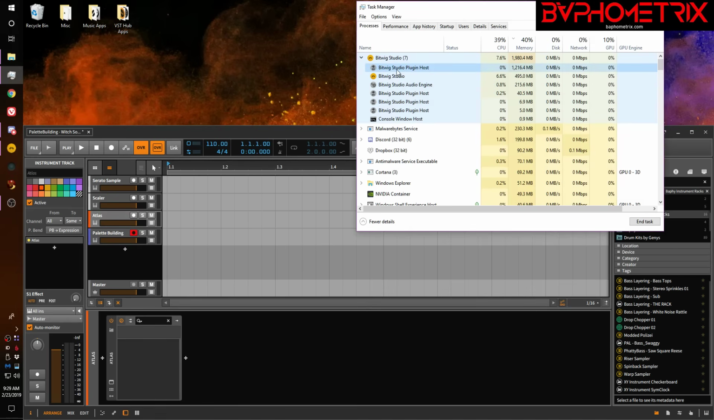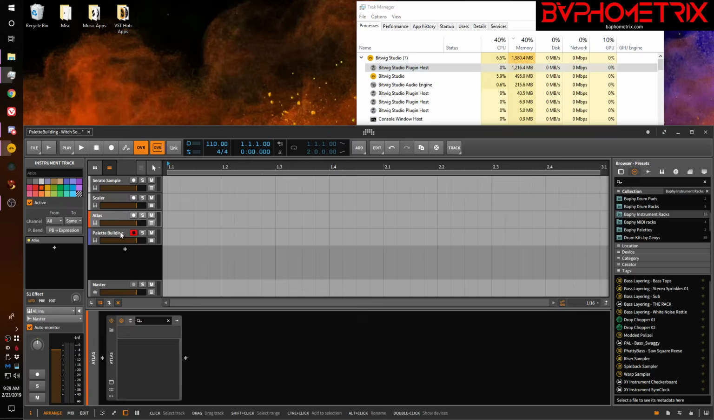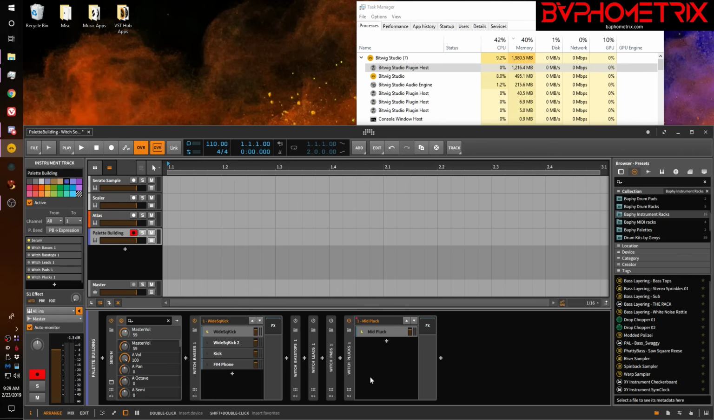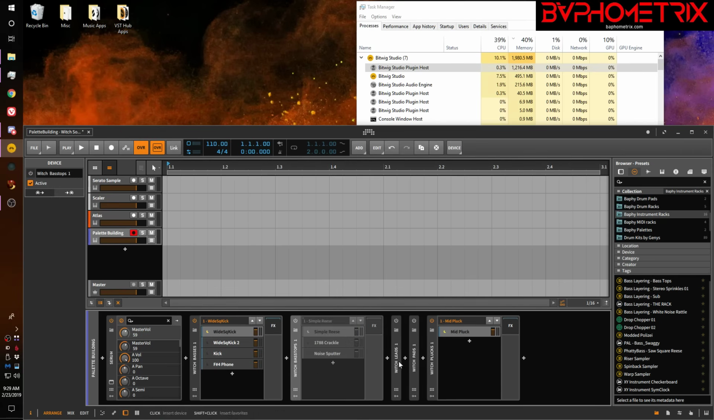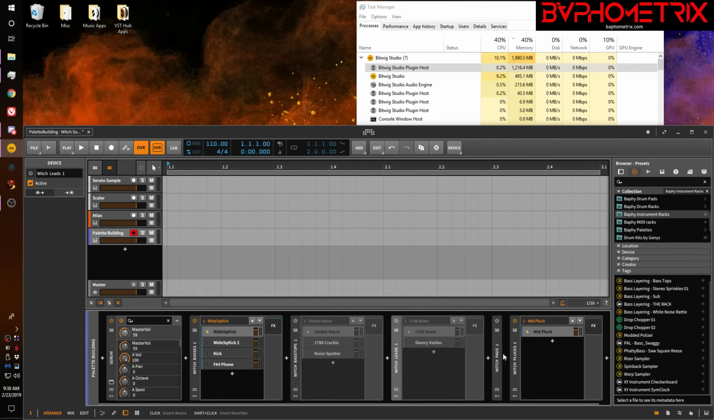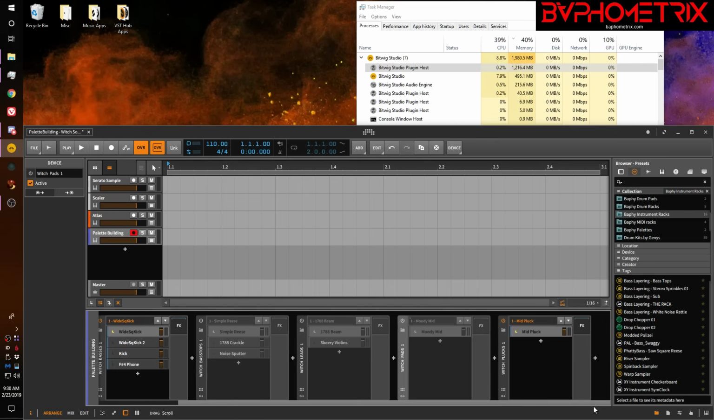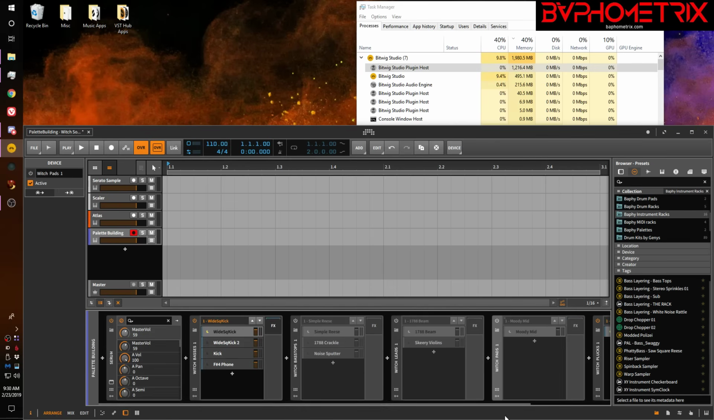So this really big one here that's 1200 megabytes is my track with all the Serum instances on it. So Serum, if you weren't aware, takes about 100 megabytes per instance of Serum. That's its memory footprint, at least in Windows. So if we collapse my browser